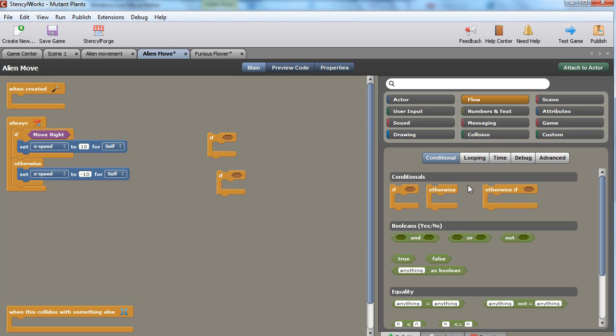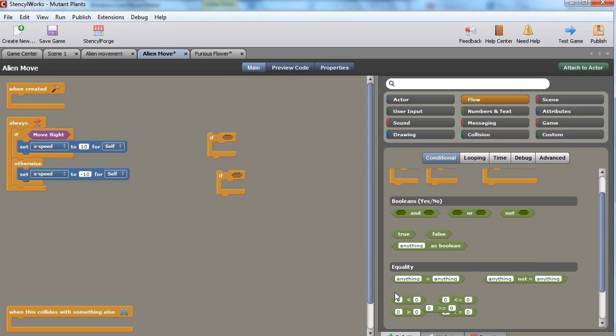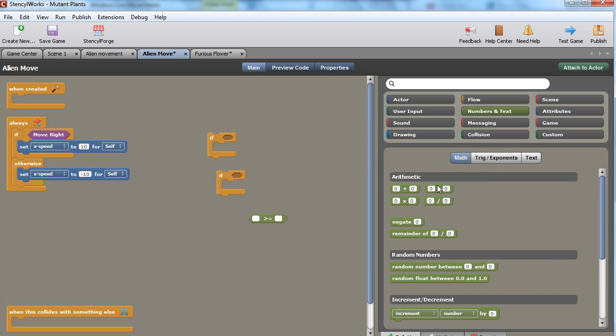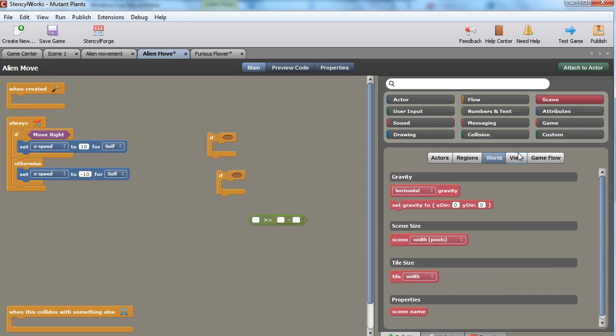First thing we're going to do is set up an expression that looks at whether the character has got to a value that's greater or less than the scene width minus a few pixels. So I'm going to just grab that as well. I'm going to go to scene, go to world, grab the scene width. And I'm going to put in a value of 60. The reason I'm doing that is sometimes the character goes right to the edge of the screen, sometimes Stencyl doesn't quite